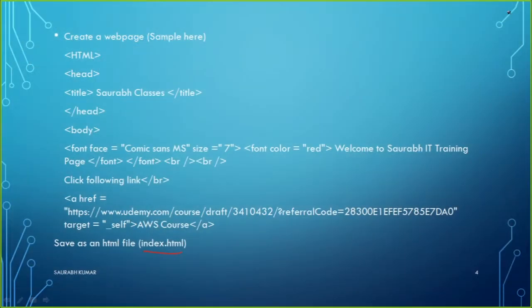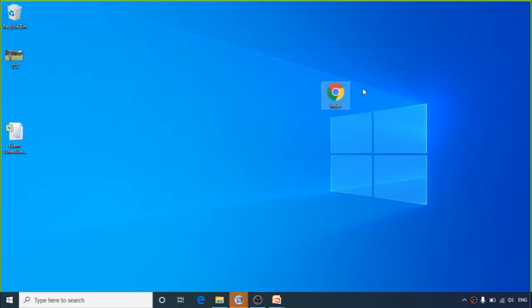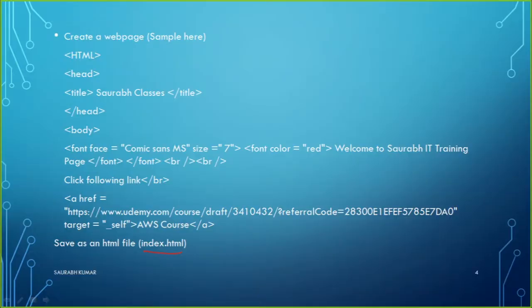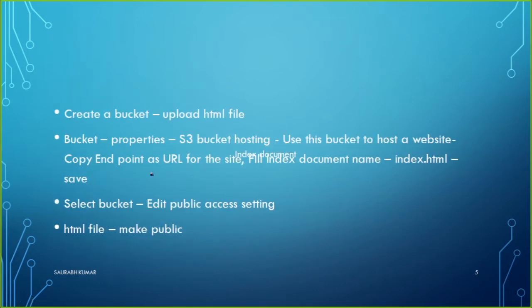But we are not learning right now how to make a website. We are just learning that if you have a website, how we are going to host it, how we are going to get it when we have the S3 bucket. How we are going to use the S3 bucket to upload this file there, and this will become like a public website. Anybody can see it, anybody can access it. So now to do this, first thing we were required to have this file. Then once we have this file, we are going to follow these steps.